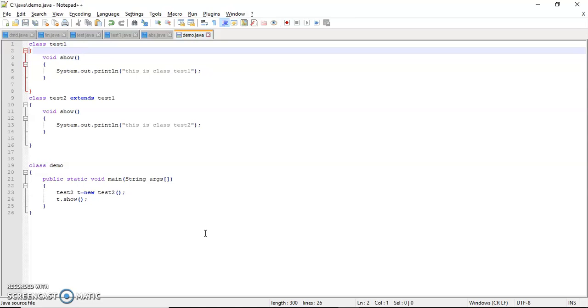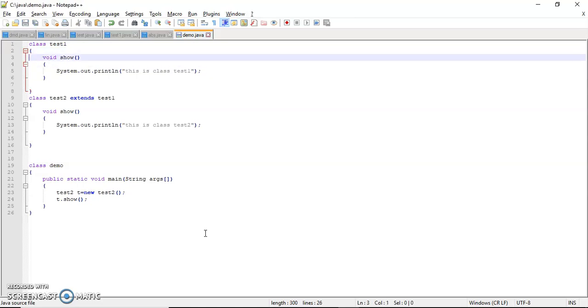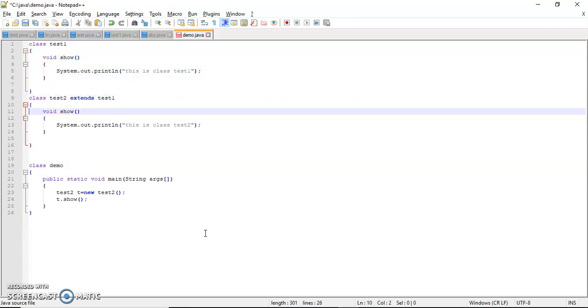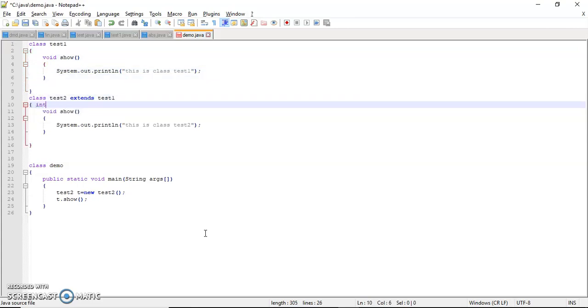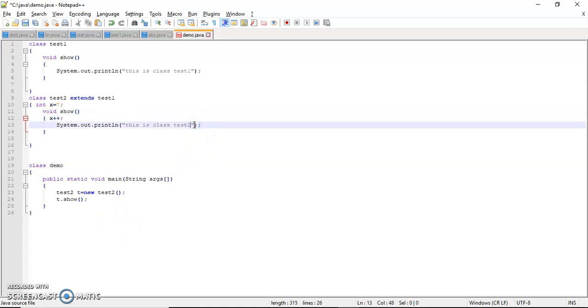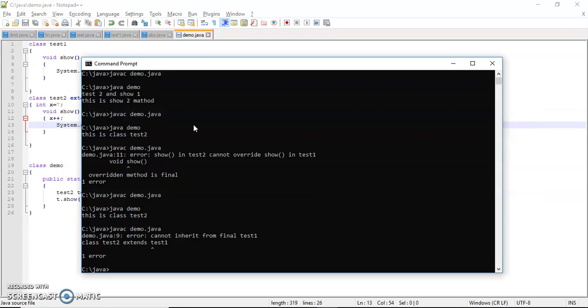Okay, now one more thing we are taking here: int x is equal to 7, and x++, then I print the value of x.